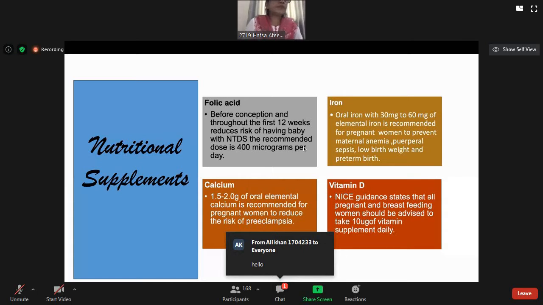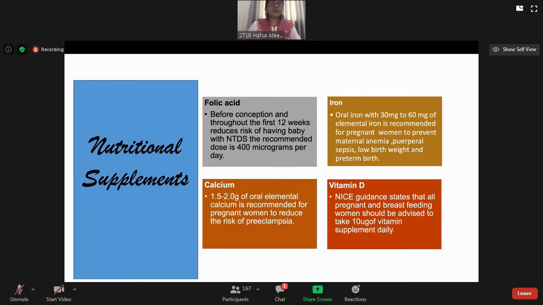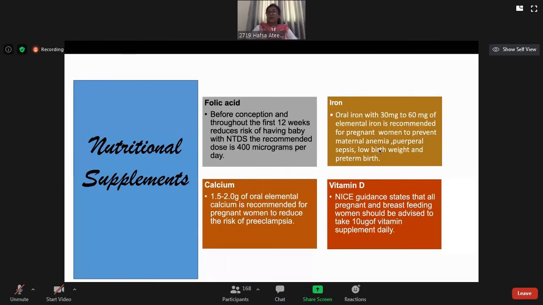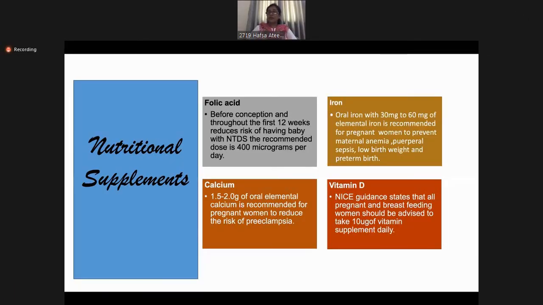Next, iron supplementation is important. Oral iron should be given in a dose of 30 milligrams elemental iron per day. Iron is important because it prevents maternal anemia, it prevents puerperal sepsis, it prevents a low birth weight baby, and it prevents prematurity. Calcium supplementation is important because it reduces the risk of preeclampsia, and for the developing baby, the